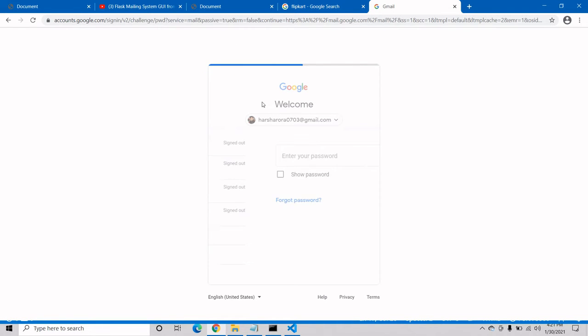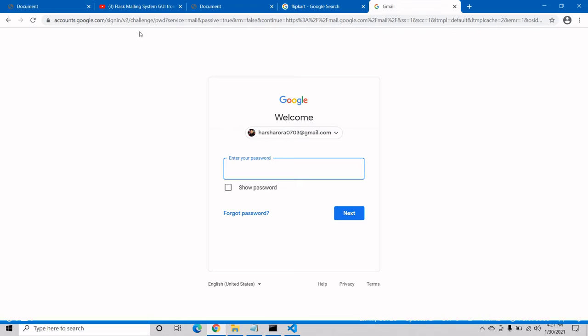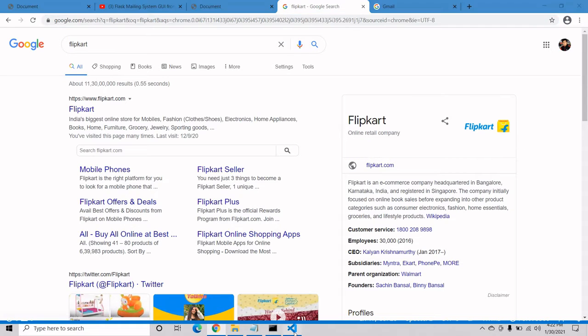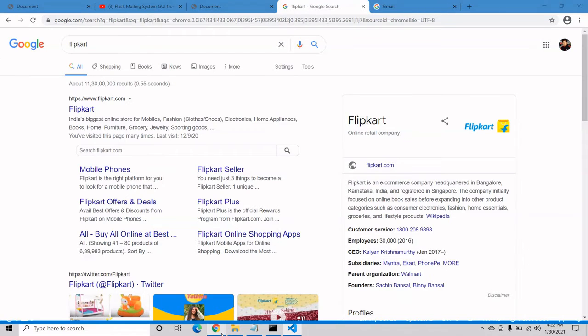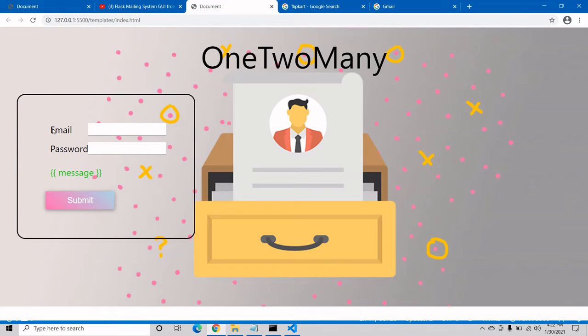If I enter the password, it will not show my password in the link because it is sensitive information. So whenever we have sensitive information, we are not going to use the get method. As we can see in my index.html, we have an email and password. These are credentials which we cannot share with someone else.